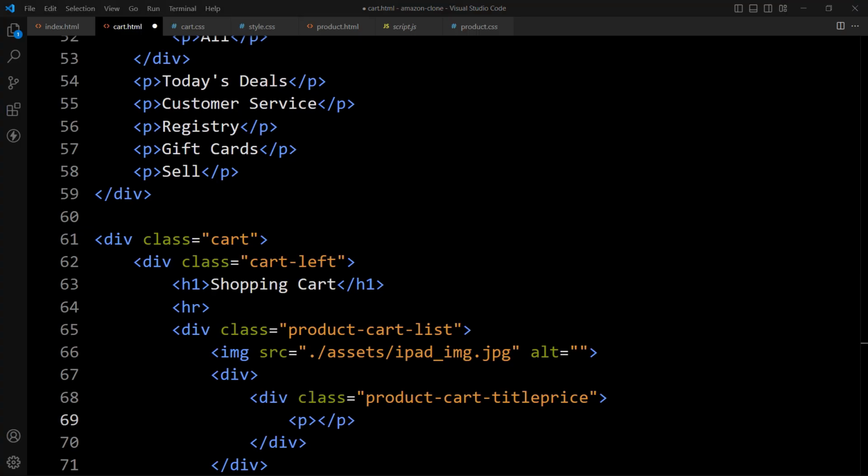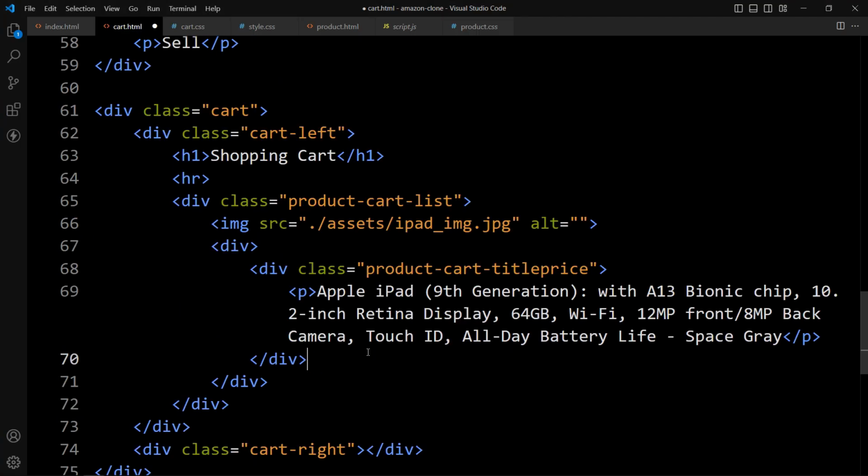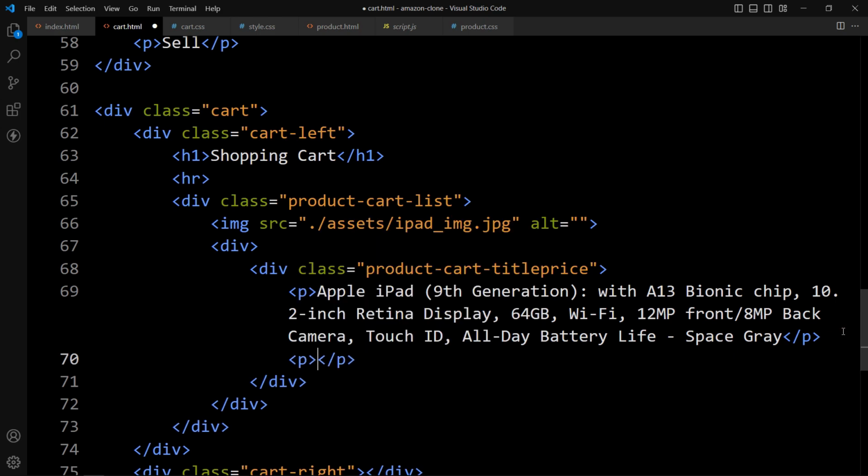So this is the text. After this p, we will add one more p tag, and in this one we will add the b tag so that the text will be bold, and here we will add the price in dollars. So let's add 249.00,